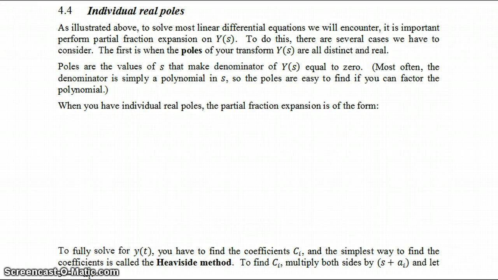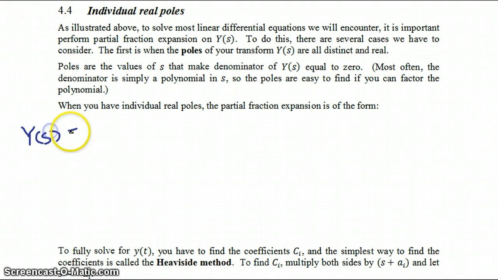Poles are the values of s that make the denominator of Y(s) equal to 0. And as we'll find out, most often the denominator is simply a polynomial, so the poles are easy to find if you can factor the polynomial. So when you have individual real poles, the partial fraction is of the form